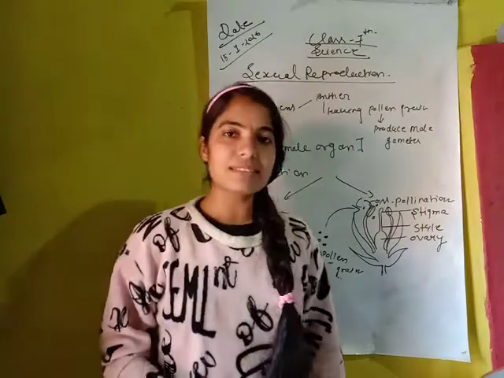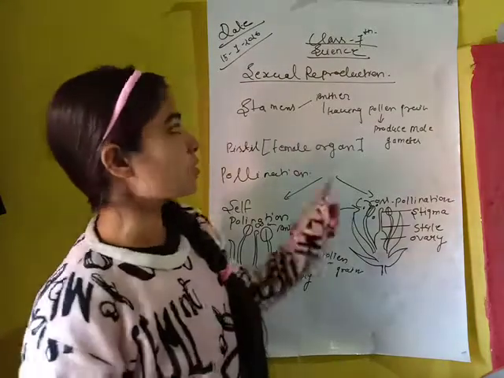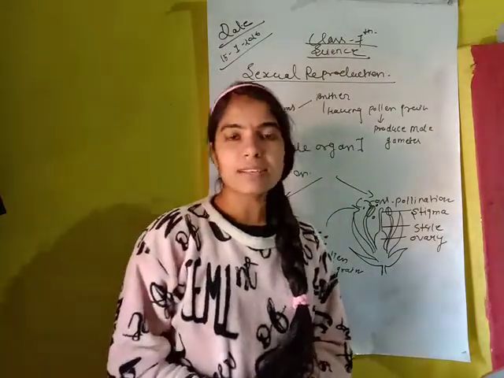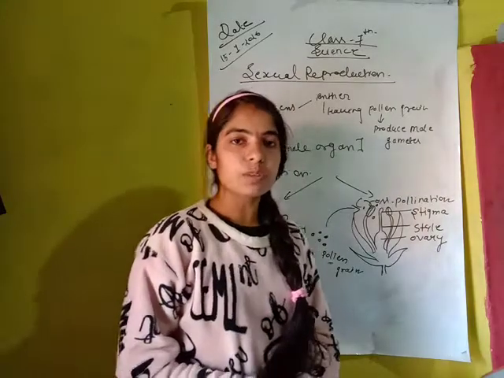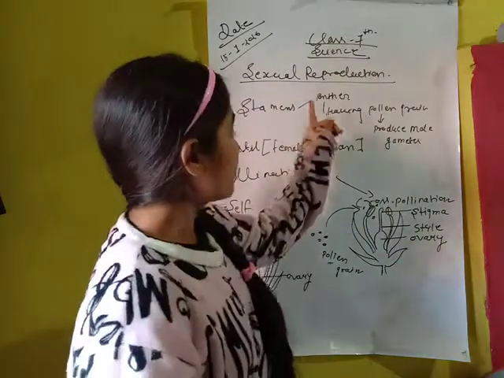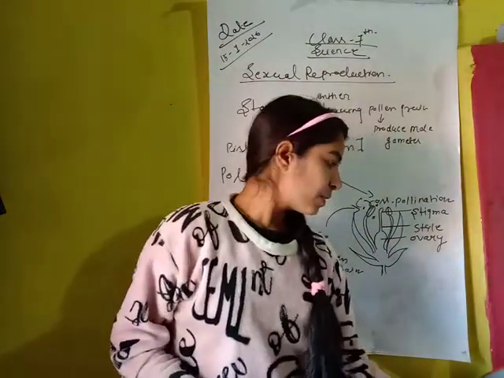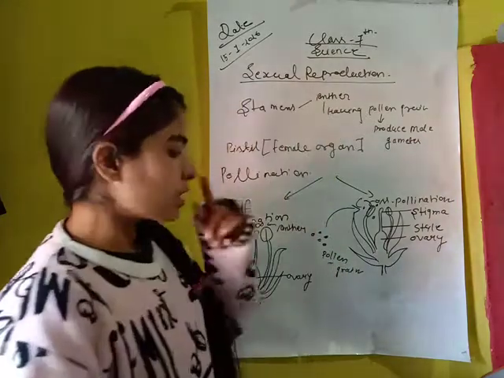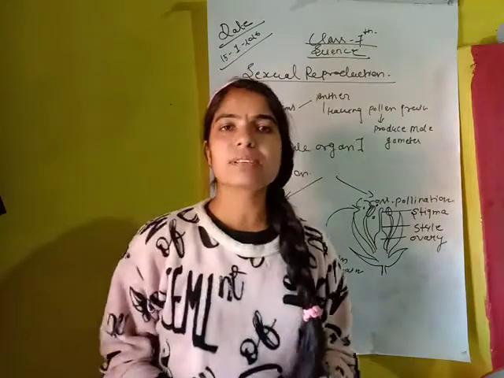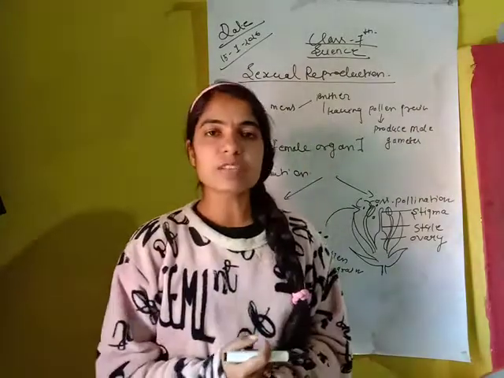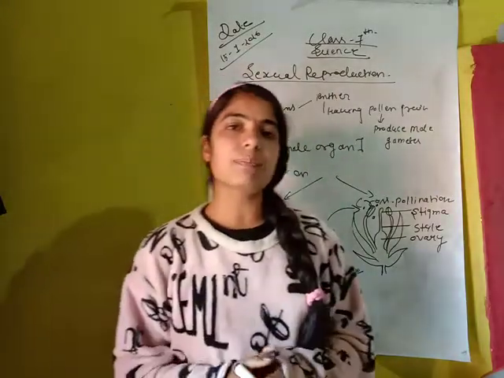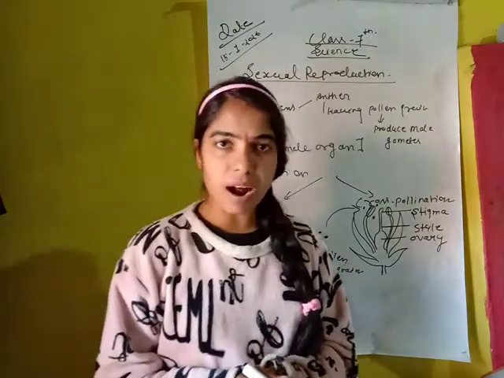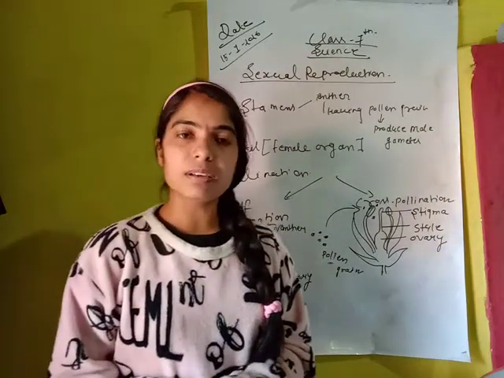As you know, I'm your science teacher, and here I'm going to take a class for class 7th. Students, as you know, I have started your Chapter 11, Reproduction in Plants. In reproduction in plants, I have started the topic of sexual reproduction. In sexual reproduction, I told you the flower is the main reproducing part, and the reproduction occurs in the flower.